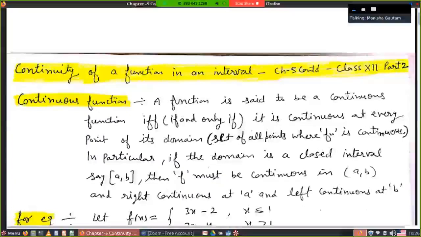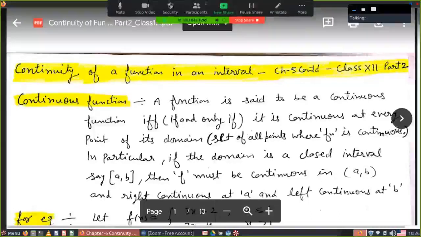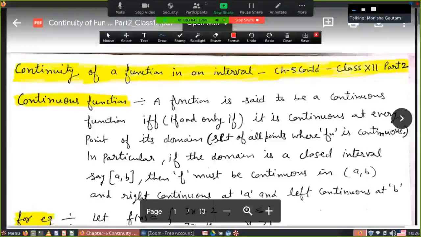In the previous lecture, we studied the continuity of a function at a point. Today we will discuss the continuity of a function in an interval. So the definition for such types of functions, in which an interval is given, is that a function is said to be a continuous function if